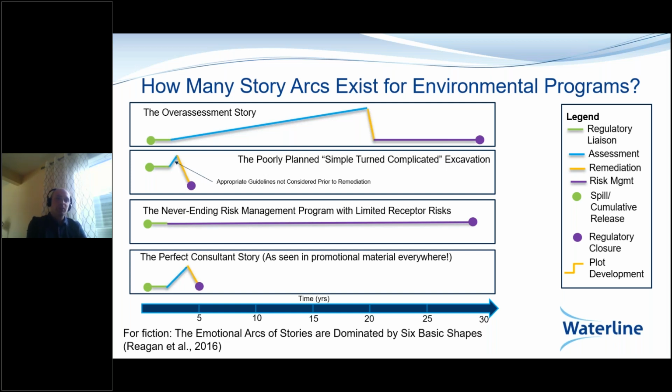The first one would be the over-assessment story, which is where the practitioner feels like they've never collected enough data to feel like environmental issues are reasonably understood, or perhaps the objectives haven't really been thought of clearly. Number 2 would be the poorly planned, simple turned complicated excavation, where maybe not enough assessment was done,